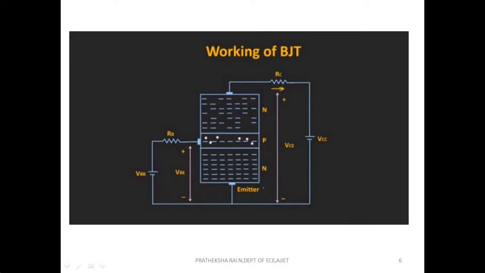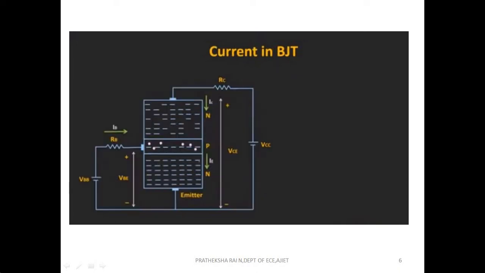VCC. So if you see the direction of the flow of electrons, from the emitter the electrons will flow in this direction, and most of the electrons emitted by the emitter will get collected by the collector region. And a very small amount of electrons will flow in this direction. And the direction of the holes will be exactly opposite to the flow of electrons. In fact, the conventional current will also flow in the same direction. That means the base current IB will flow in this direction, while the collector and the emitter currents will flow in this direction. So now let us establish the relationship between all these currents.